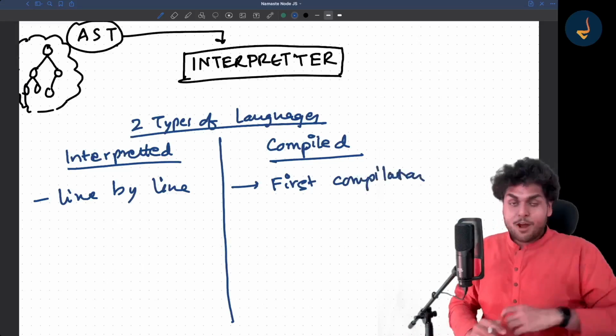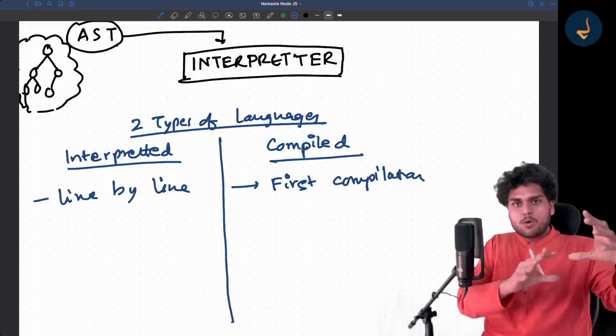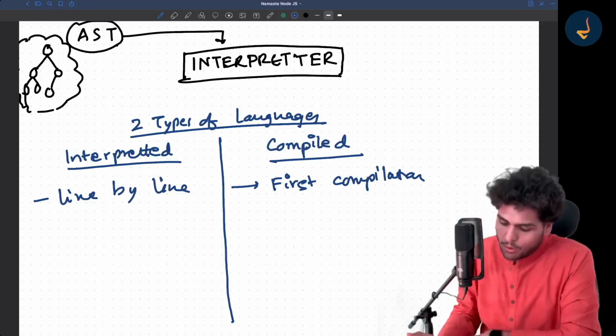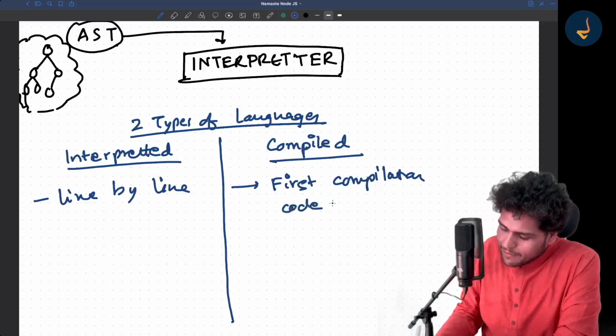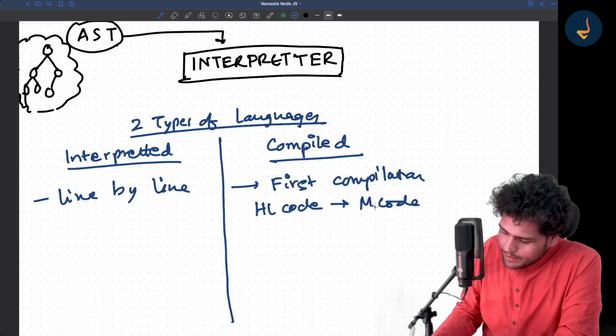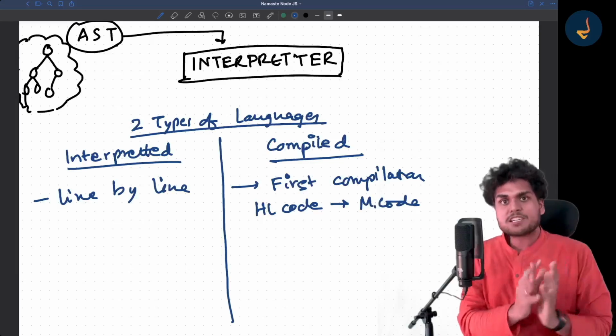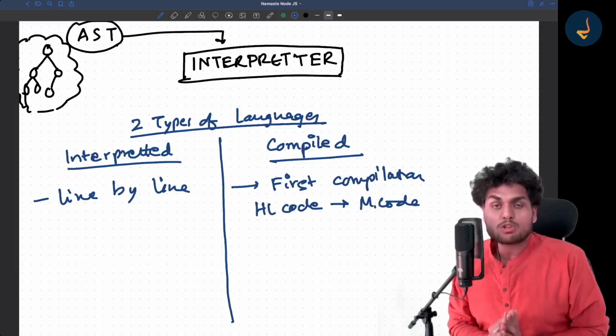As soon as you give it the code, the whole code is first compiled into machine code. Your high level code is converted into machine code. Note it down in your notebook. Then the machine code is executed.